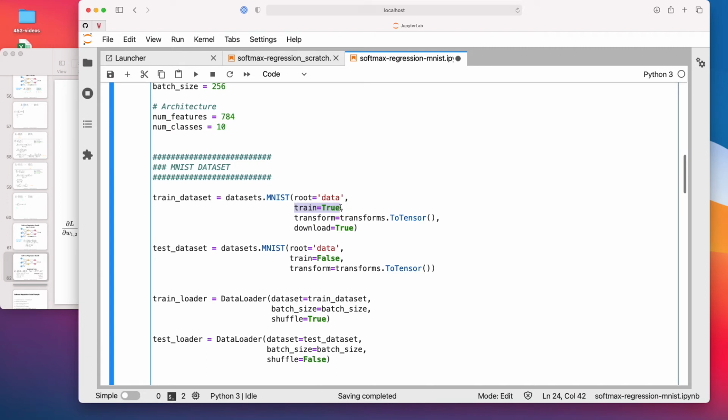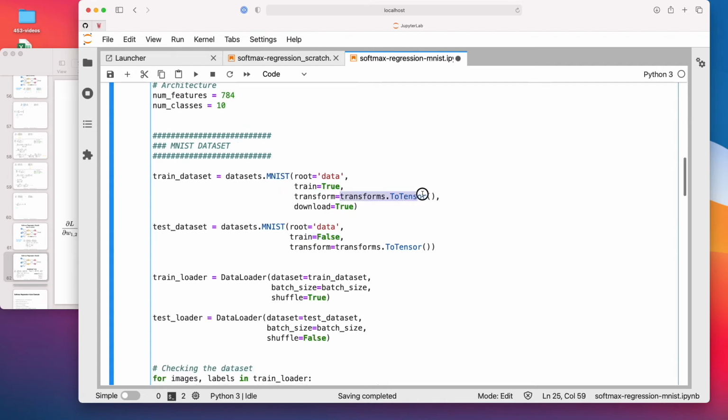Then it has a test and a training set. So train true, test. This is for testing. If you say train false, I will actually show you. It's a little bit unfortunate that MNIST doesn't have a validation split, but I will show you in the multi-layer perceptron lectures how we also can create a validation split for that one. This one is kind of required.